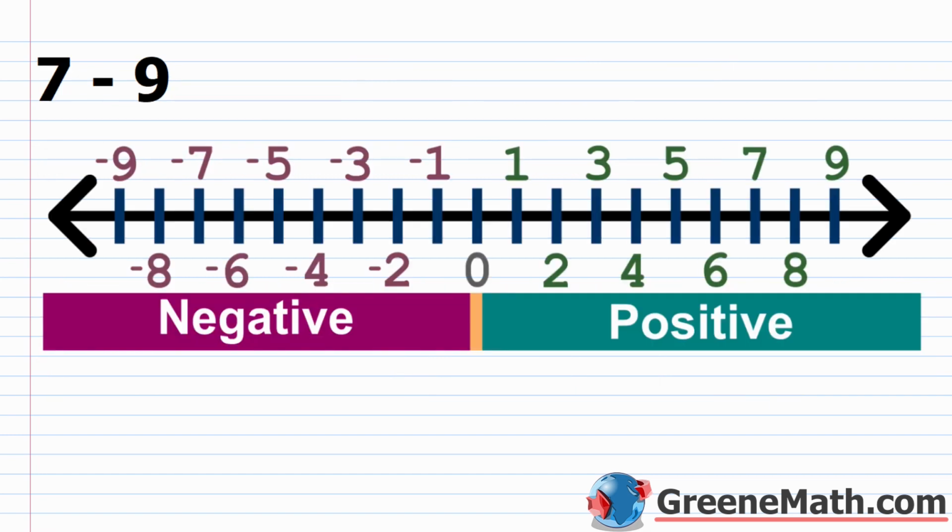Let's take a look at a few problems using the number line. I think this is not too bad overall. If you can add integers, then you can subtract integers. It's basically the same thing with just an additional step. So here we have 7 minus 9. So before we do anything, let's just think about this logically. If I have $7 in my account, then I can only spend $7 before I go negative. I think we all know that. So if I'm spending $9, well, I'm spending $2 more than I have, so I should expect to have a